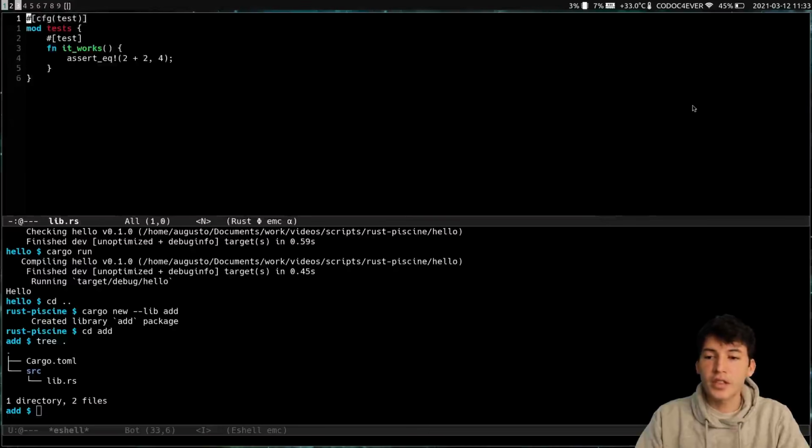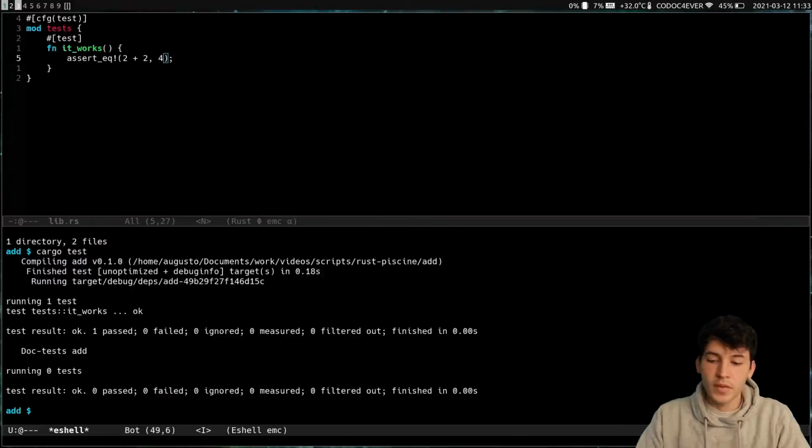Here we can see that by default, when you create a library, Rust automatically generates a test. This test is not really useful, it's just checking that 2 plus 2 is 4. We can check that this is true by running the command cargo test. And here we can see that the test passes.